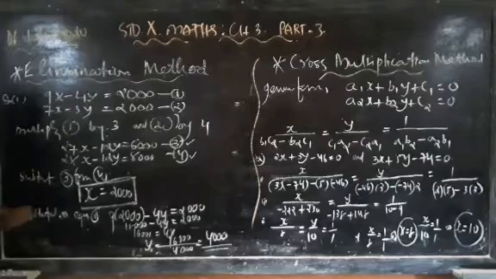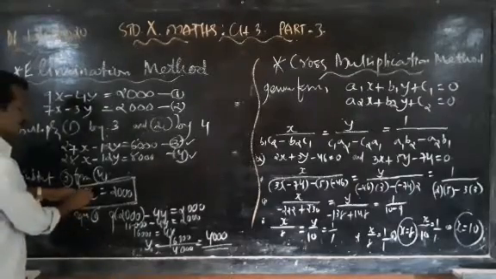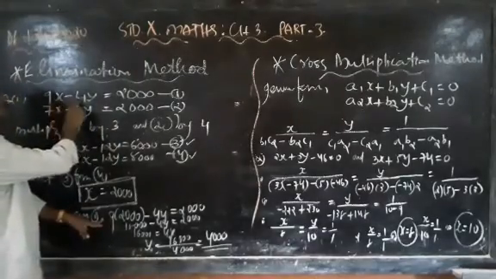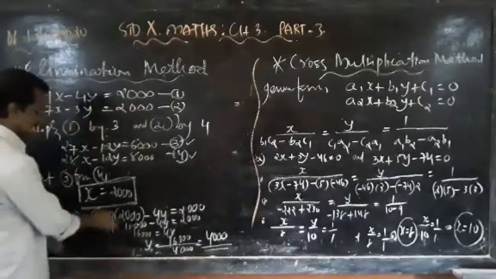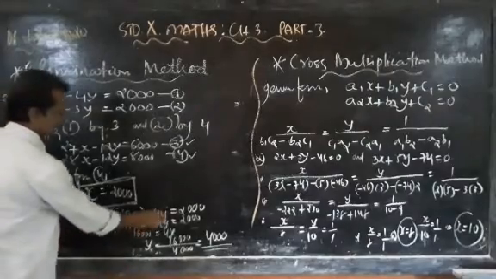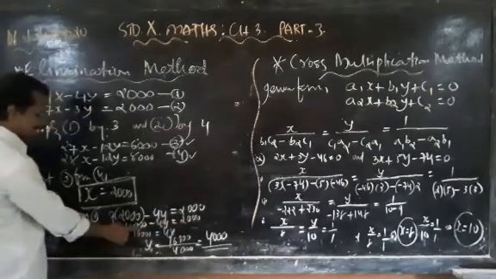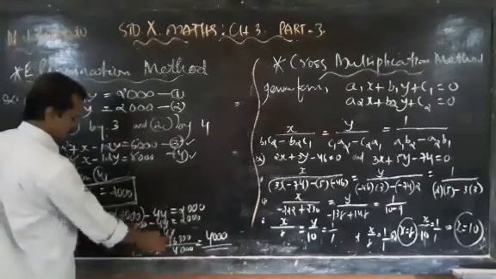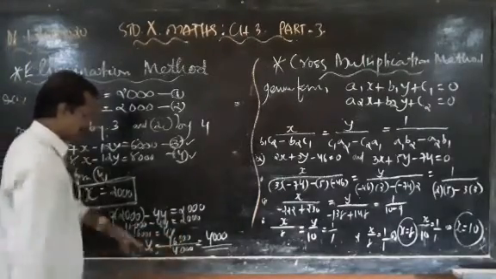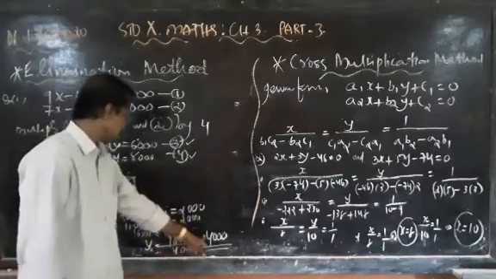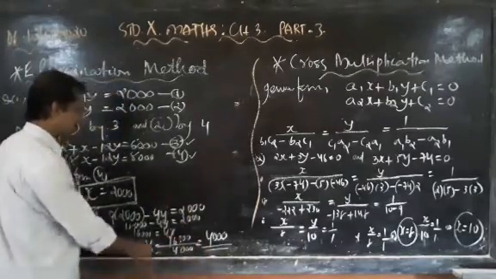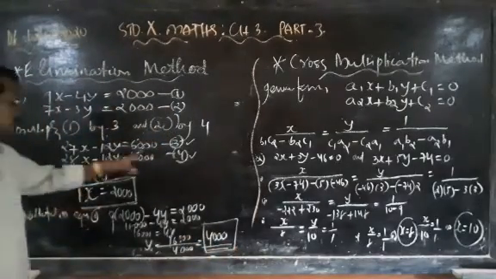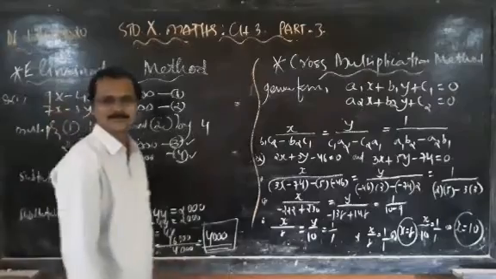Now you substitute the value in equation 1. x का जो value है 2000 equation number 1 में डालना है. 1 कौन सा है, 9x minus 4y equal to 2000. So 9 into 2000 minus 4y equal to 2000. 9 2000s are 18000 minus 4y equal to 2000, or 16000 equal to 4y, or y equal to 16000 divided by 4, that is equal to 4000. So y equal to 4000. So the value is x equal to 2000 and y equal to 4000.